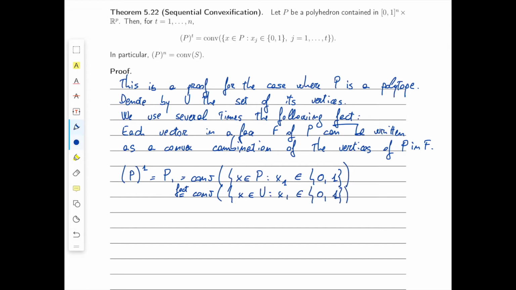And this is exactly because the set of points in P with x1 in {0, 1} is exactly the union of two faces of P. So now let's apply this argument recursively. Recursively, we obtain